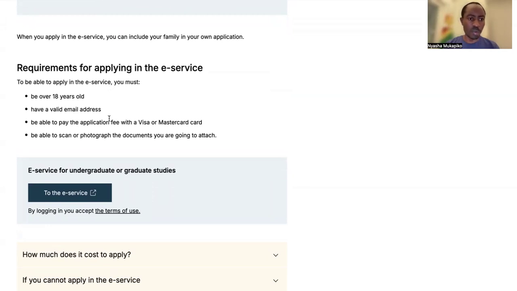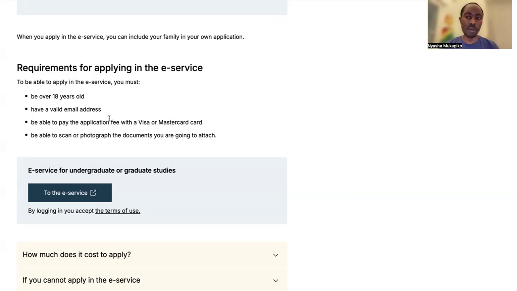You need to be over 18 years old, have a valid email address, be able to pay the application fee with a Visa or MasterCard, be able to scan a photograph, the documents you are going to attach. So if you are an SI scholarship holder, you don't need to pay any application fee for the residence permit or the visa.